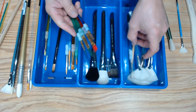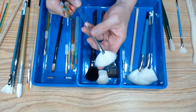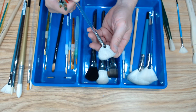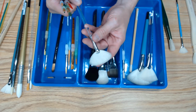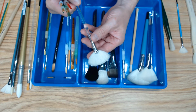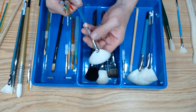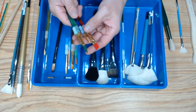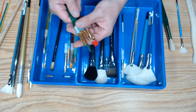So when you're working with especially a natural hair brush, like goat hair or camel blends, that hair, if you use Dawn dish soap, it takes the natural oils out of that hair. Just like the hair on your head, you've got natural oils. So do the brushes. And so by using Dawn dish soap or antibacterial soaps and things with alcohol in them, they dry that hair out, makes it much more brittle, and it makes that hair break away a lot sooner with natural hair brushes. It's not as bad for synthetic hair brushes, but it's best to use, and I always